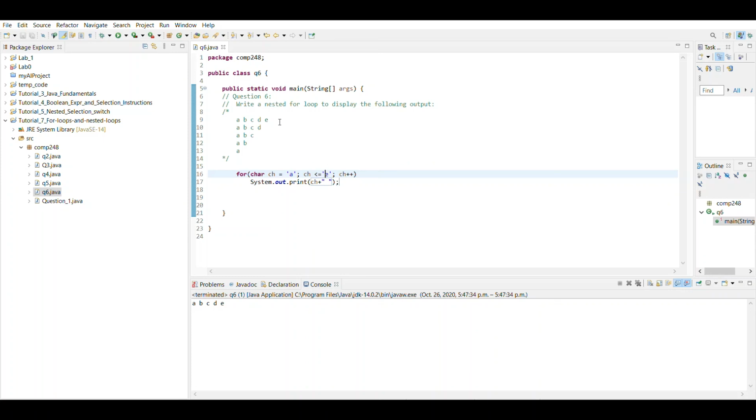So instead of E, for the second line we need to have D, and then C, and then B, and then A. So to do that, we can define an integer i as an index and initialize it with 0, and i less than 5, sorry, because we have 5 lines, i plus plus,